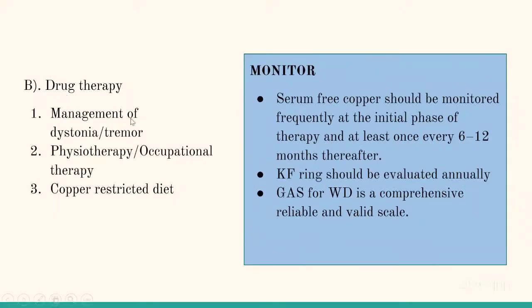Drug therapy for management of dystonia and tremor, physiotherapy and occupational therapy have to be started when they already have progressed, along with a copper restricted diet. And the serum free copper I was talking about is the only thing you need on treatment. For whoever has already started treatment, you calculate serum free copper by asking for serum copper, which is easily available in labs: serum copper minus 3 into ceruloplasmin. This formula will give you serum free copper. And if serum free copper is 5 to 15, then you have adequate chelation and you are achieving your goal. If it is less than 5,